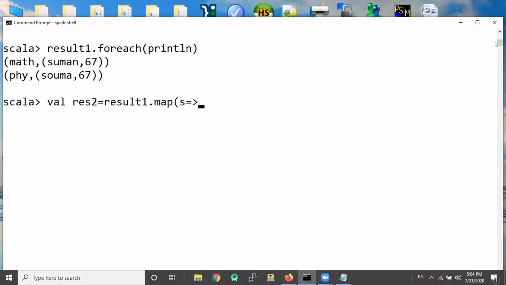S dot arrow. We want the first element, so we give the subject, that is s dot underscore 1. We want the second element of this result to be the name. So we make s dot underscore 2 dot underscore 1. Okay, that gives me the name and we get it. That's it.